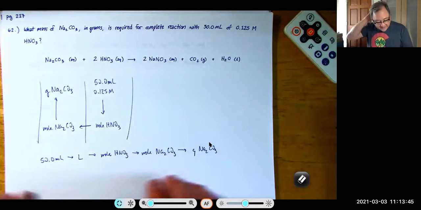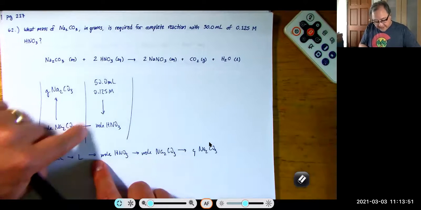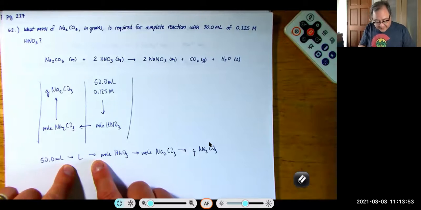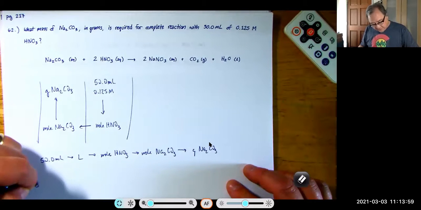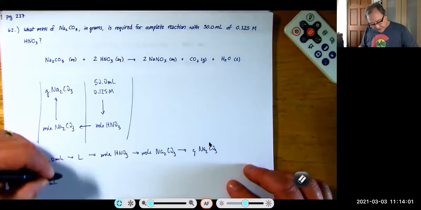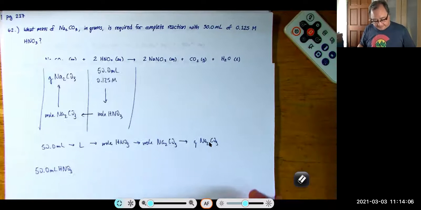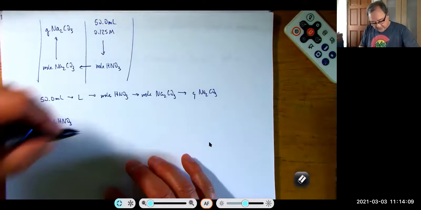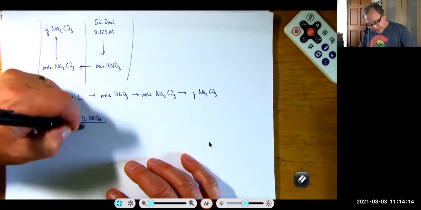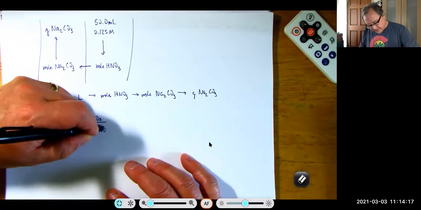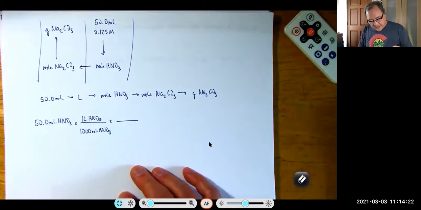So you can see that this last arrow is this one here, this arrow is this one, this arrow is this one, and this arrow is an extra one for me to get to liters so I can use molarity here. So let's see how this all looks together. So 50 milliliters of HNO3. This is solution, but I'm not going to write the word solution down. Times 1 liter of HNO3 for 1,000 milliliters of HNO3, times